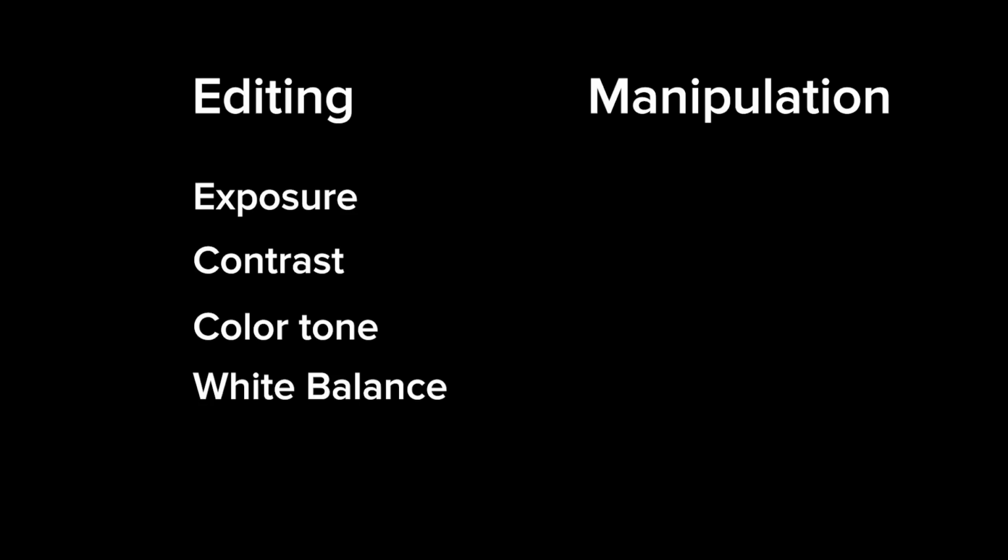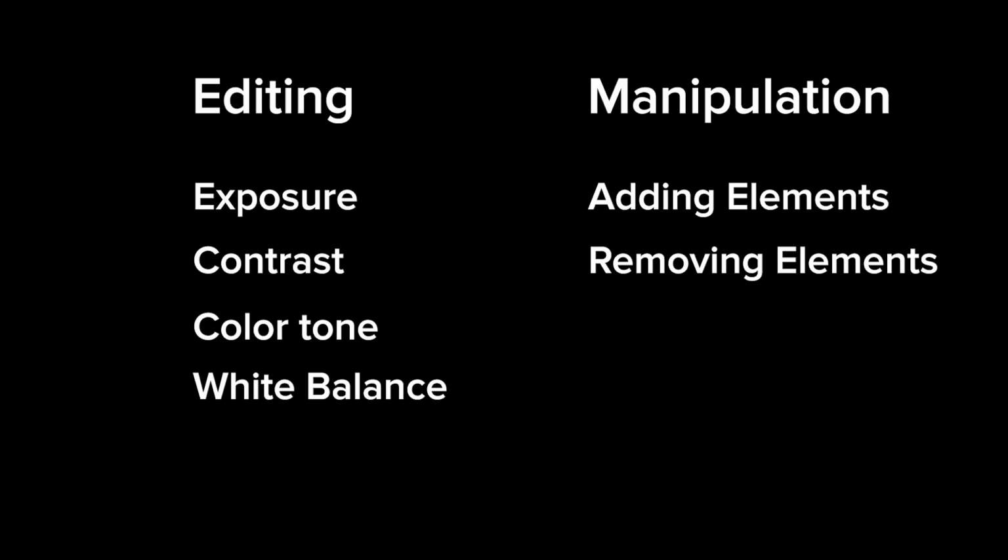But if you talk about manipulation, then we talk about adding stuff to the image, adding elements, taking out elements of the image to make it something else. Like a composite image, that's manipulation. And I'm not saying that there's something wrong with manipulation. It's one part of the process. And if you're a hobbyist and everyday shooter, you can do whatever you want to your images and manipulate them, edit them the way you like.